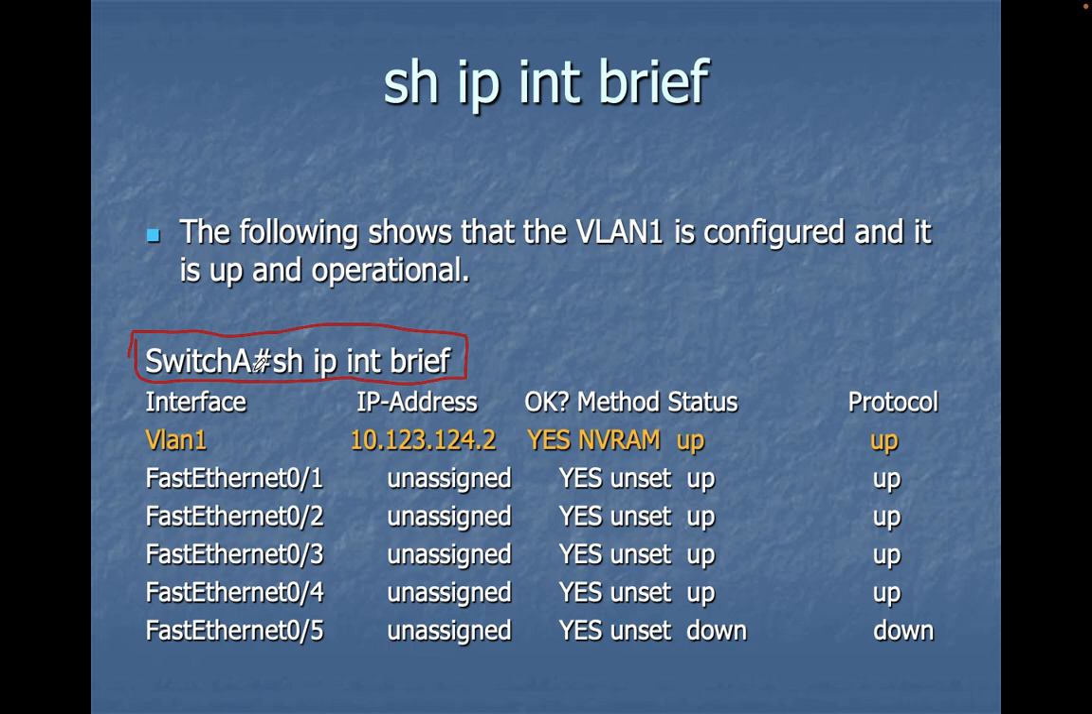So when you type which switch, if it's switch C, you write switch C hashtag show ip interface brief. If it's switch A, you write switch A hashtag show ip interface brief. When you do that, it will display both the